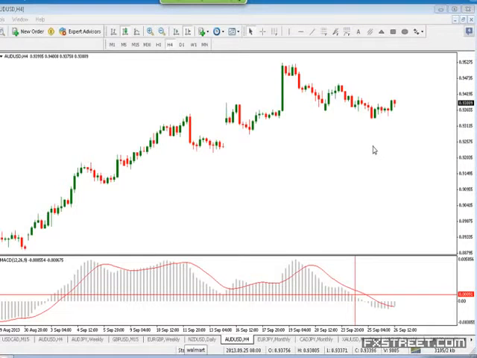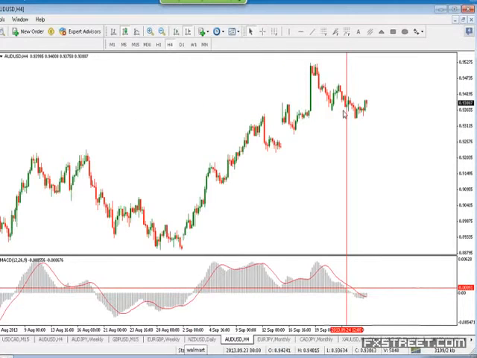I would prefer the 4 hours. Even 1 hour is good enough, but I have seen that the 4 hours and the daily work best on this particular kind of method. So if I'm trading the Aussie on the 4 hour, it's at this particular place that I would say the momentum has turned bearish. Once again, folks, look very carefully about this. This is an indication. I would not suggest that as soon as the histogram bars form independent of the line, or completely above or below the line, you just jump into a trade.